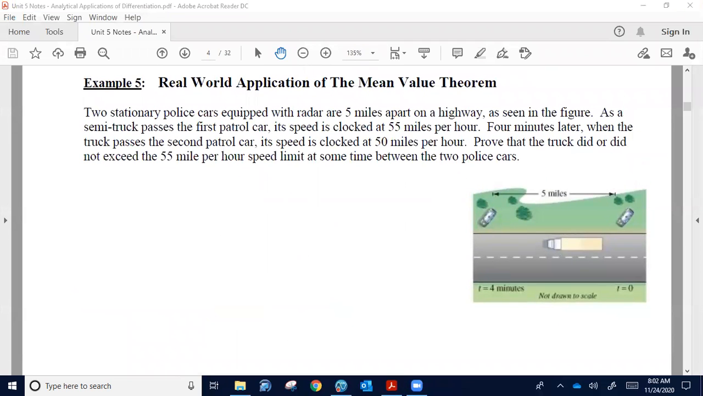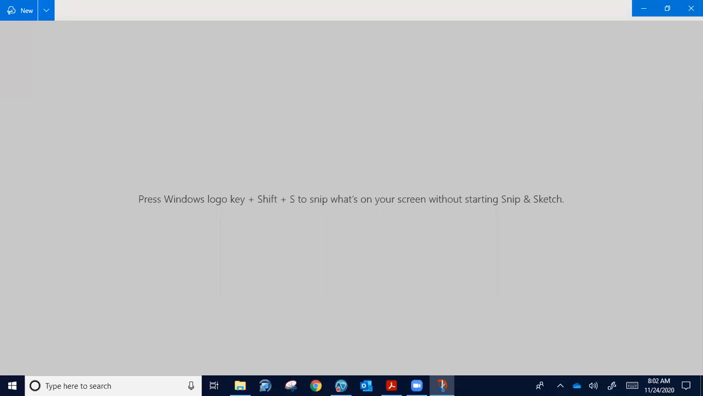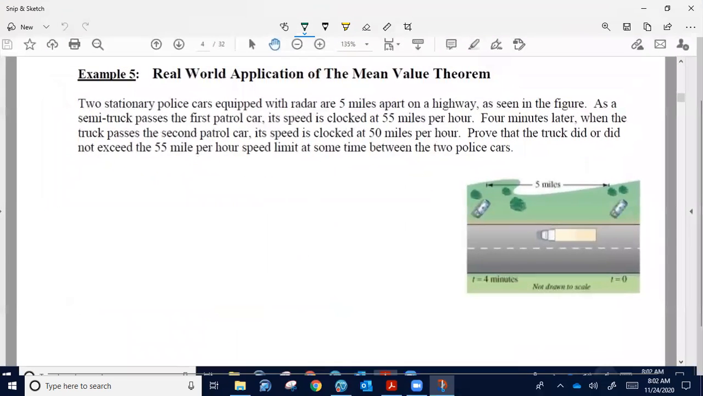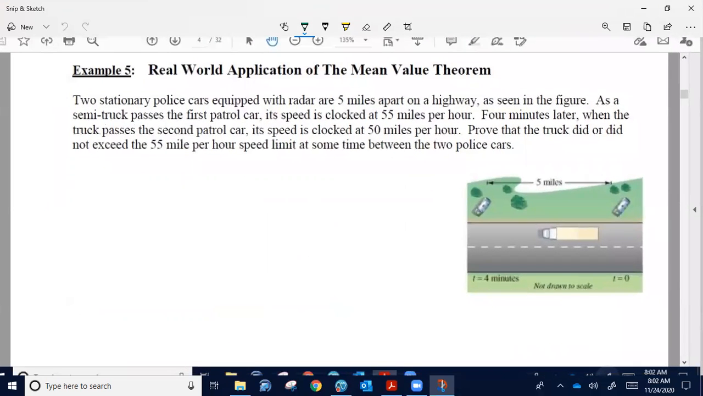And last, speed trap. 2 stationary police cars equipped with radar 5 miles apart. So again, these cars are 5 miles apart on a highway, as seen in the figure. As a semi-truck passes the first patrol car, it is clocked at 55 miles per hour. Truck is not speeding. 4 minutes later, though, when the truck passes the second patrol car, it's clocked at 50 miles per hour. So he still appears to not be speeding. Prove that the truck did or did not exceed the 55 mile per hour speed limit at some time between